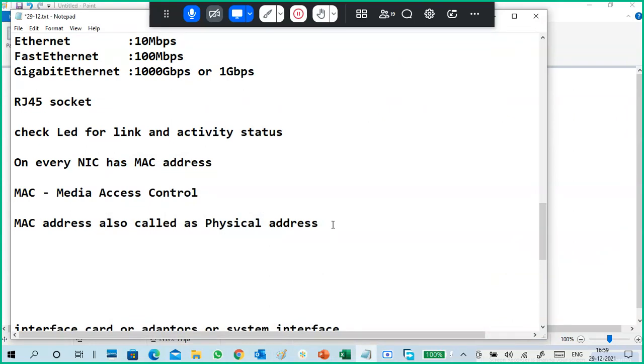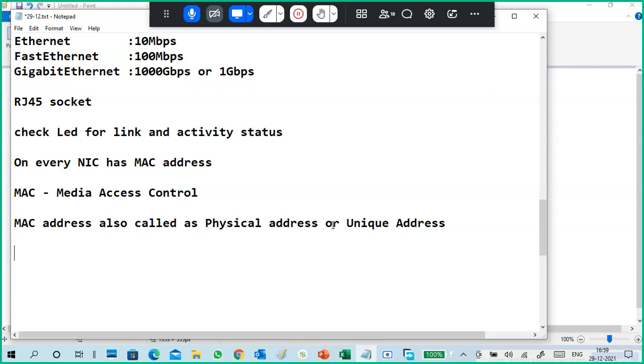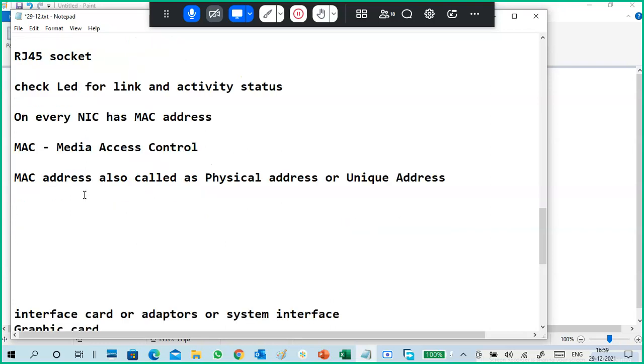MAC address is also called a physical address or a unique address. Usually I try to use unique address, because there is confusion between IP address and MAC address. So the MAC address is also the physical address.